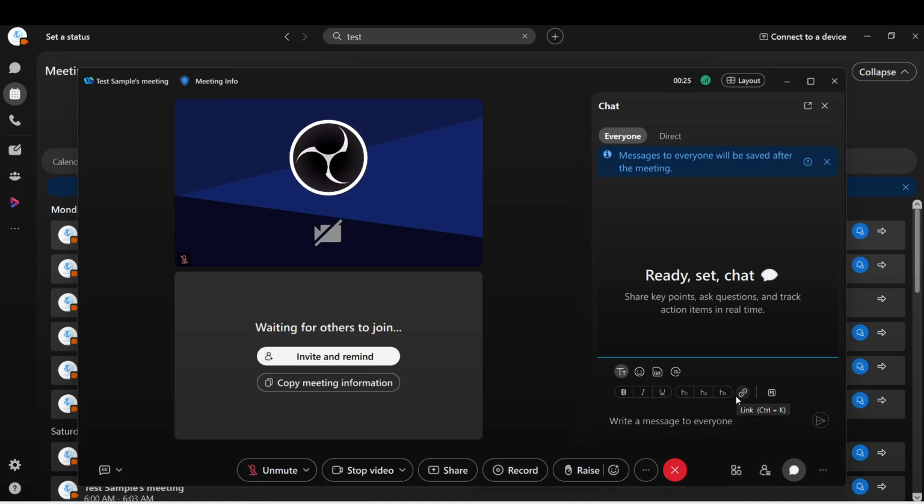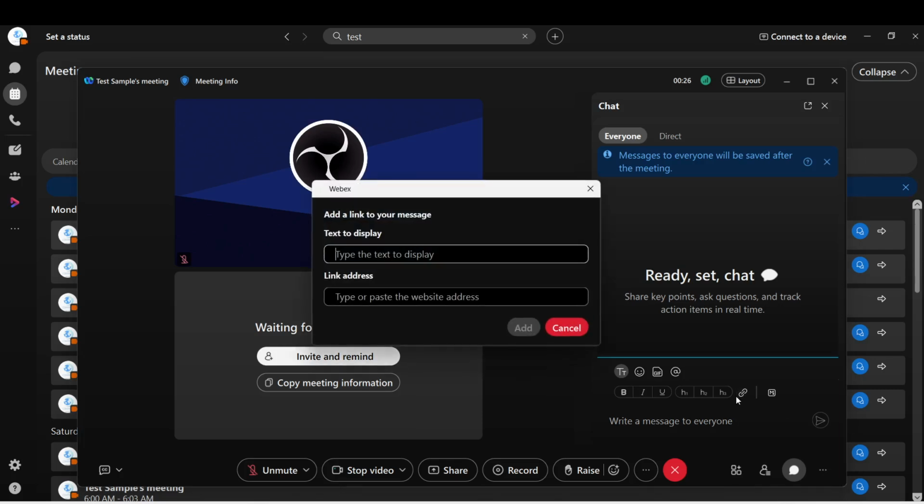Moving on, click the link icon, which looks like a two-link chain loop, in the formatting toolbar directly below the message text input area. This icon allows you to add hyperlinks to your messages easily. Once you click on it, a dialog box will appear, prompting you to enter the details for your link. This step is crucial because it enables you to transform plain text into clickable links, enhancing the utility of your chat messages. Now, add the word you want to use as the hyperlink text.